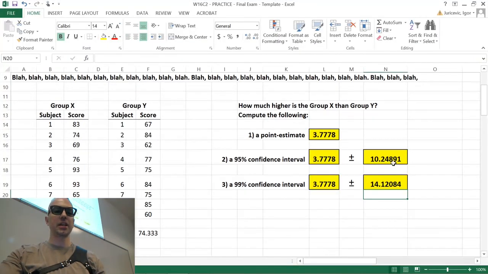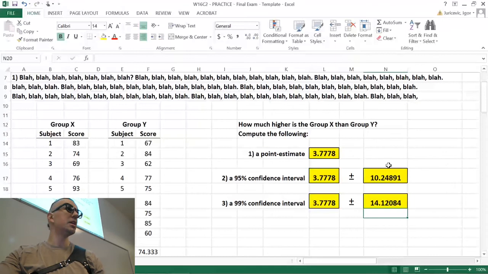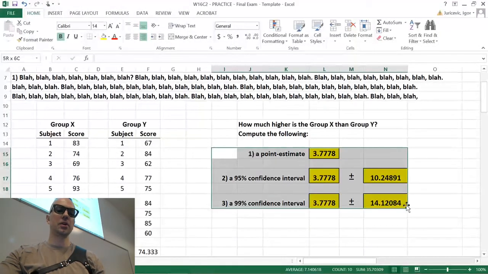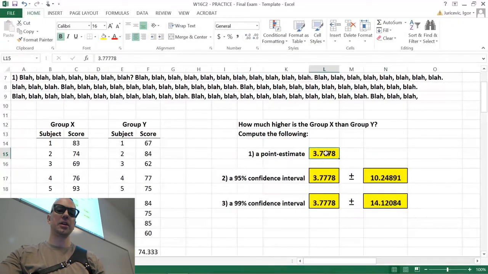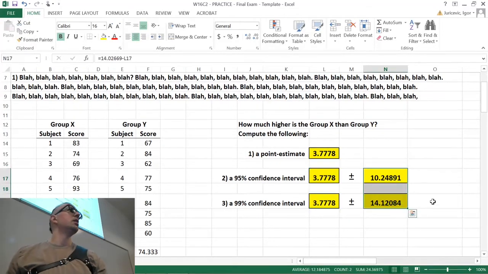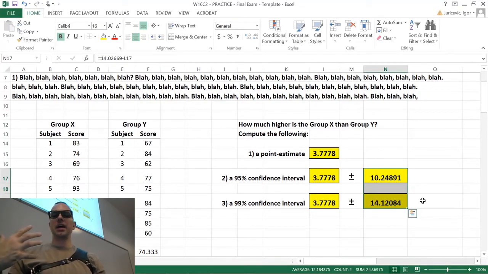way that you would calculate this for an independent means t-test, and then this is the format that you're looking for. So once again, once you find your point estimate, that's going to be the center for all your confidence intervals, and then you just calculate your confidence intervals using the appropriate t-test, using upper minus middle, and then one